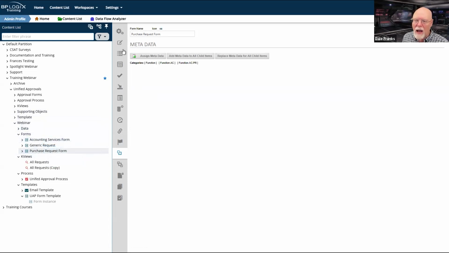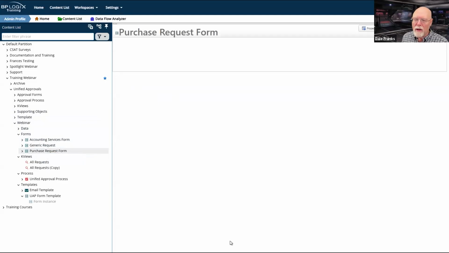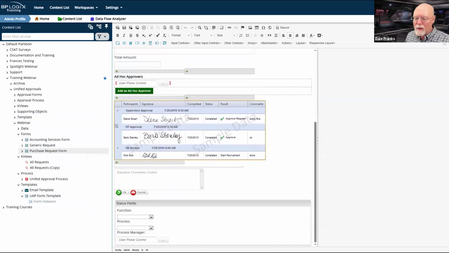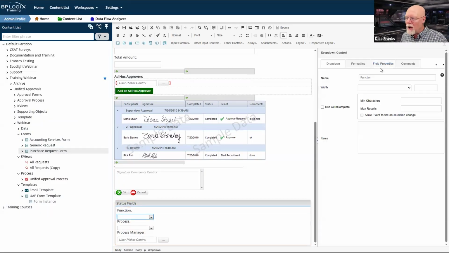So just as whenever we went into this form, we imported the UAP form template, and then we moved the function and the process and process manager down to the status field section, which is hidden. And of course, we set the default values of these fields.